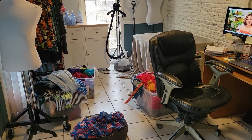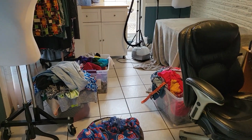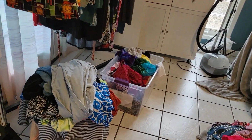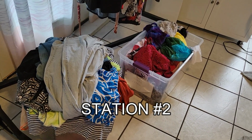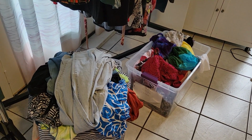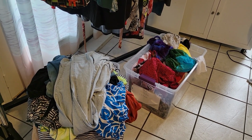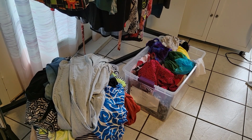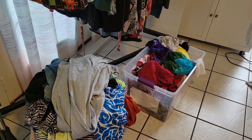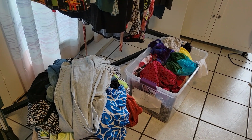Okay, so then they get washed. But before they're washed, they are detagged and then they're washed. So the next station would be right here. I have 2 of them right now. These have been washed and detagged. That's it. And that's why they're just kind of thrown in there. Okay. All right. Then after that happens, then I fill out an inventory sheet